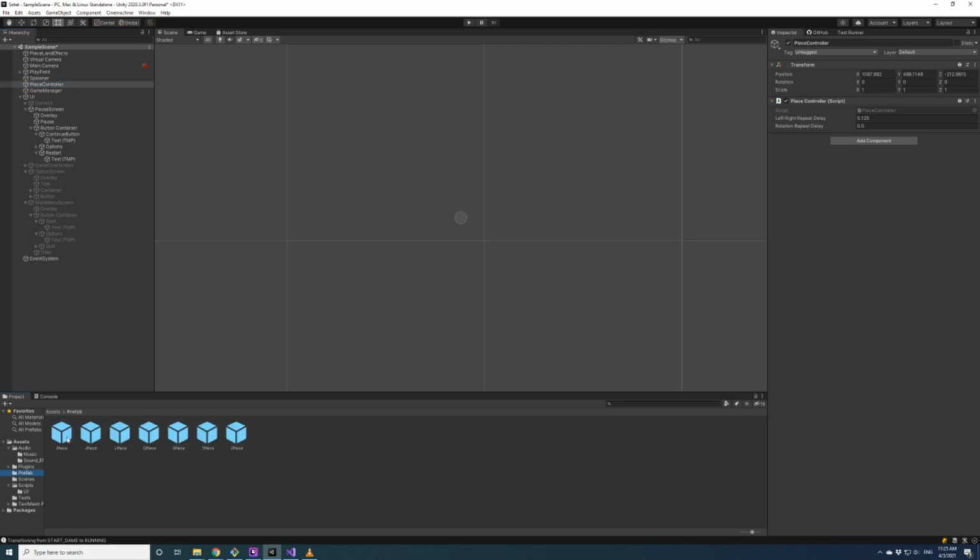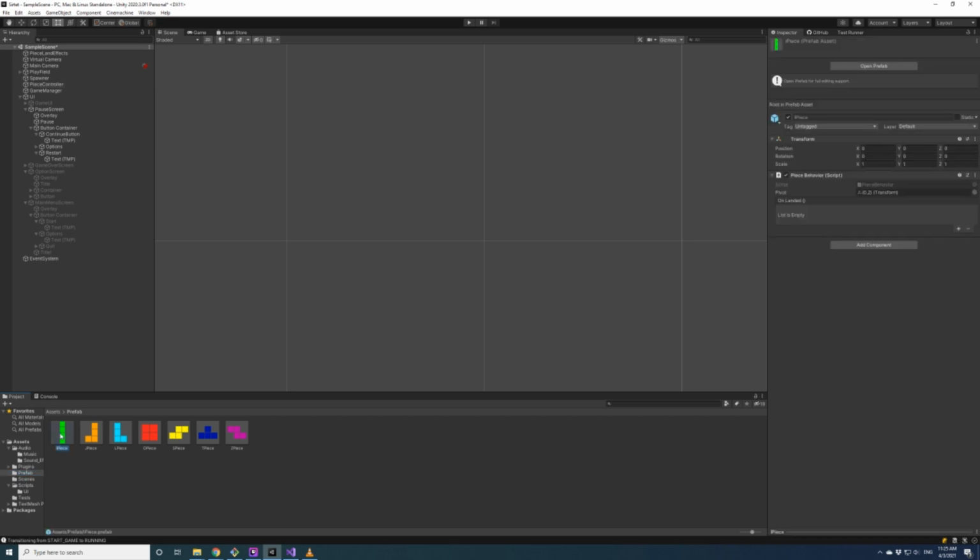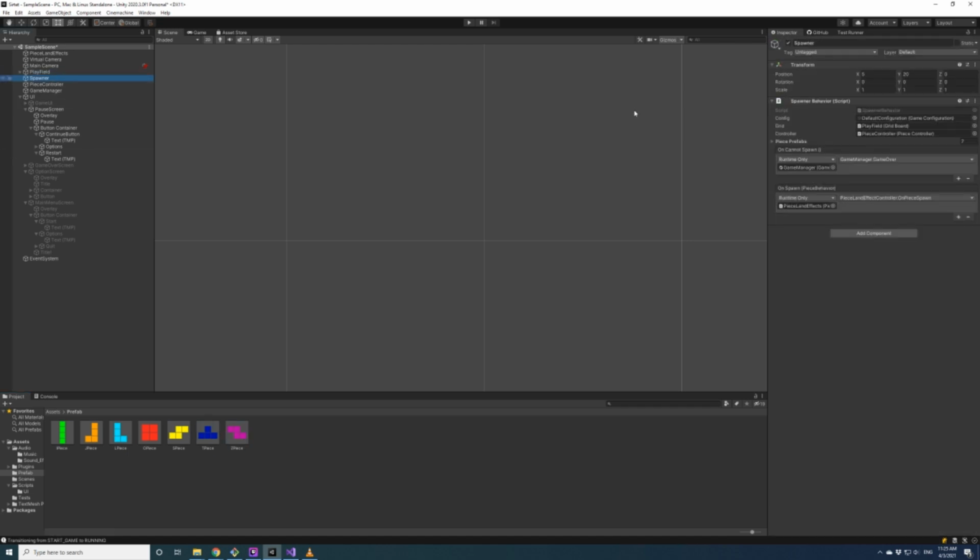Where's our piece behavior, but none of these have anything. We have the spawner, piece controller.